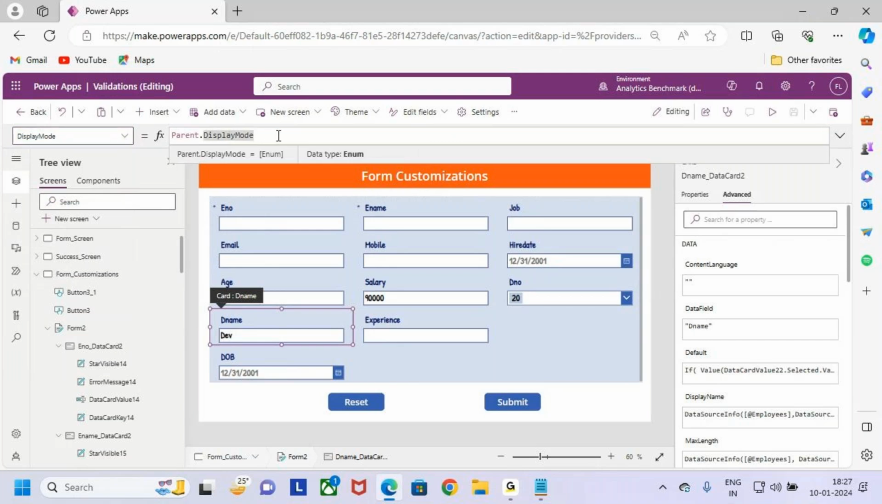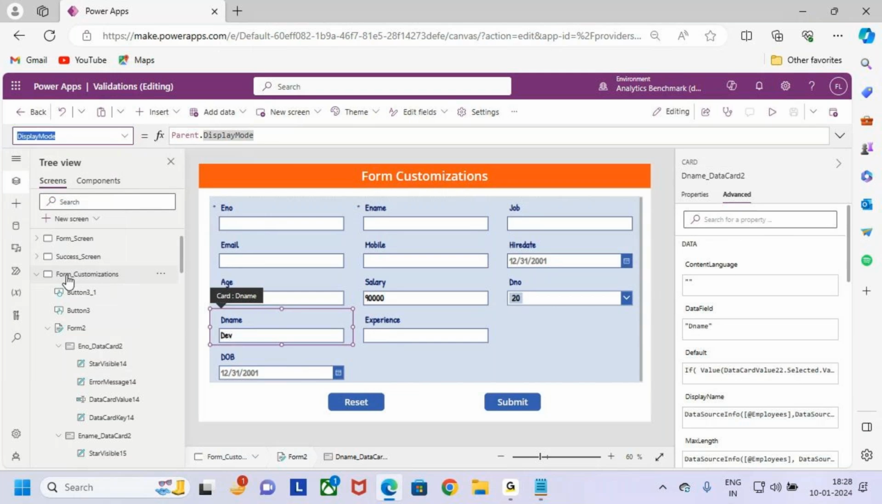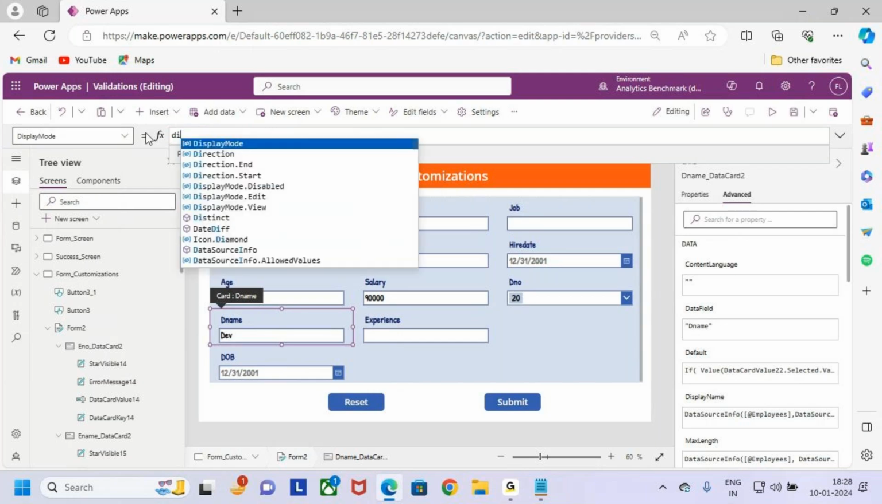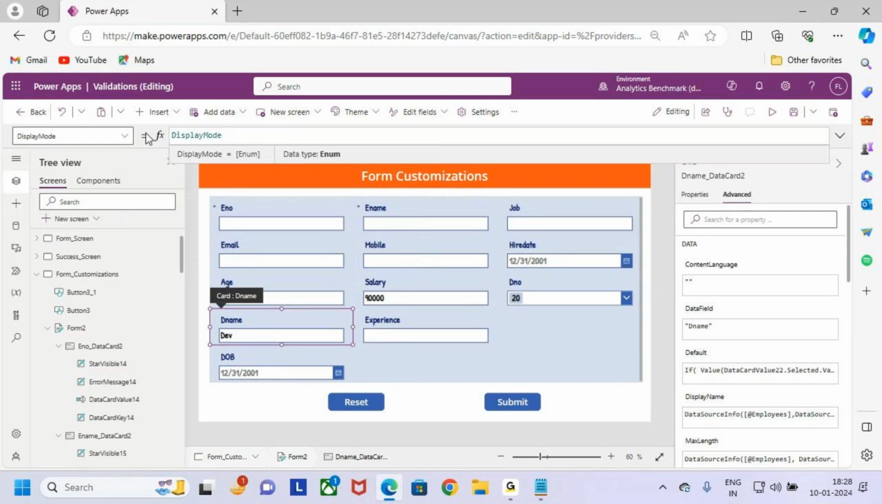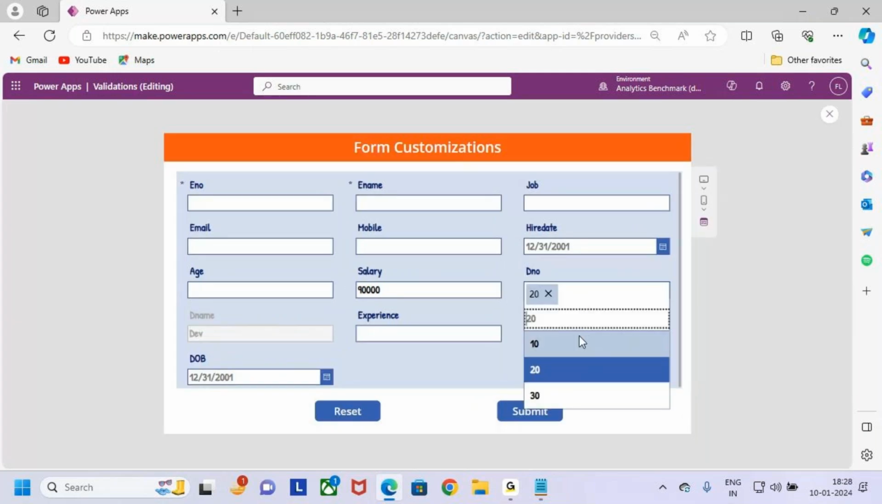By default it is Parent.DisplayMode. Just go and remove it. Now I want to make it disabled, guys. DisplayMode.Disabled. Now see, when I go and play it, let us say I select the department number as 10,